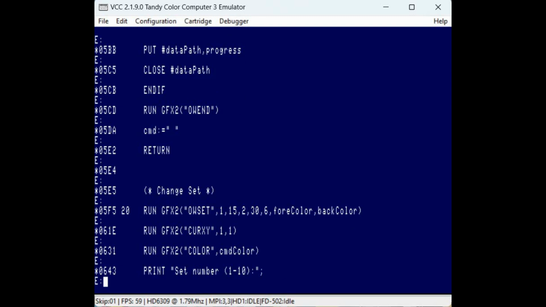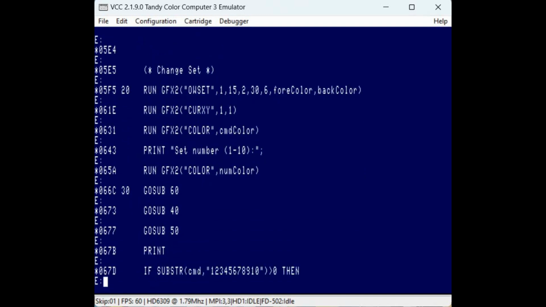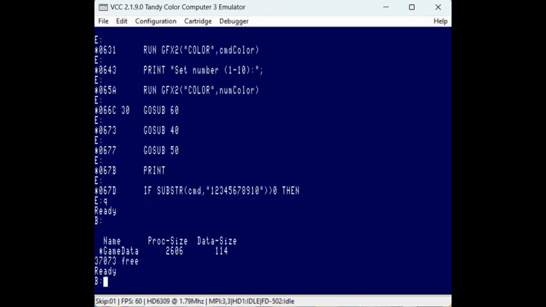I had changed that from 1 to 4 to 1 to 10, but then down here it still said 1, 2, 3, 4. So I noticed it and I went ahead and changed it to 1 through 10. And so that's what was needed for this. So now I'm going to pack it